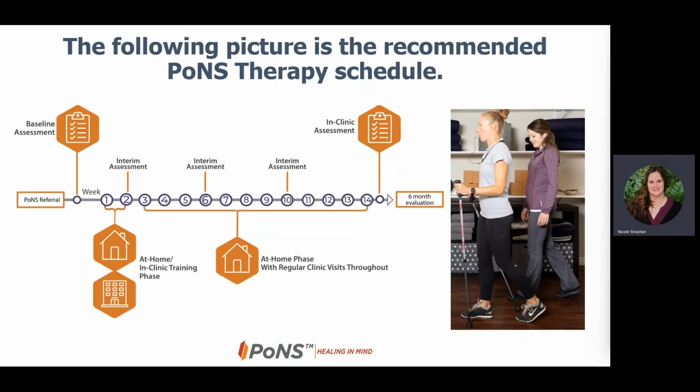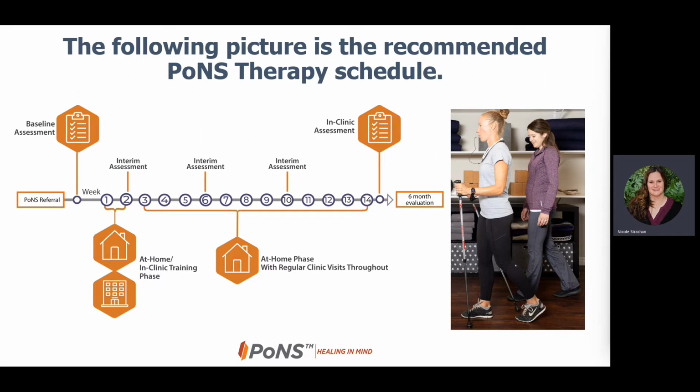The following picture is a visual representation of the patient journey through PoNS for TEP. The PoNS therapy program consists of 2 phases over 14 weeks. Phase 1 is the first 2 weeks, and Phase 2 is weeks 3 to 14. During Phase 1, the patient works with the PoNS trainer 1 to 2 times per day for 5 days for